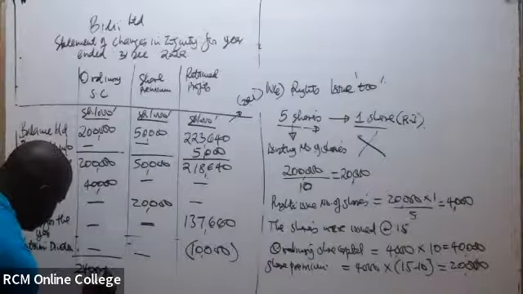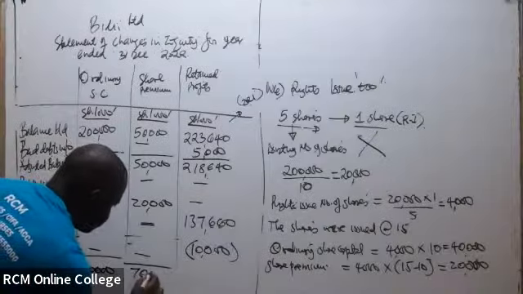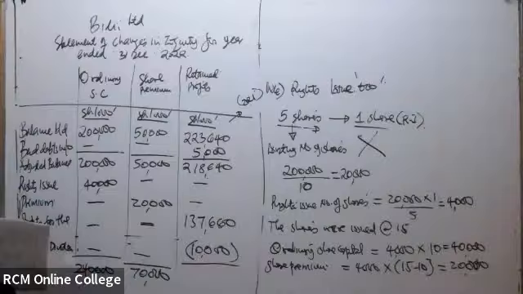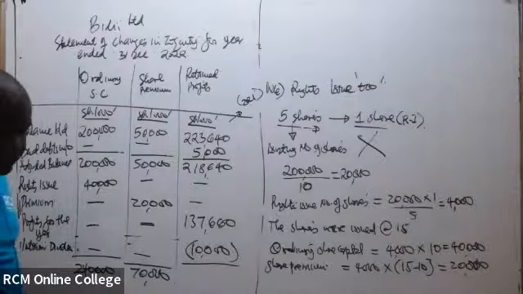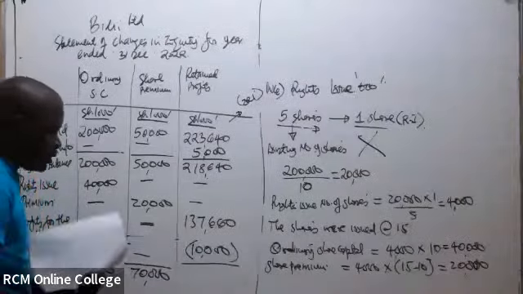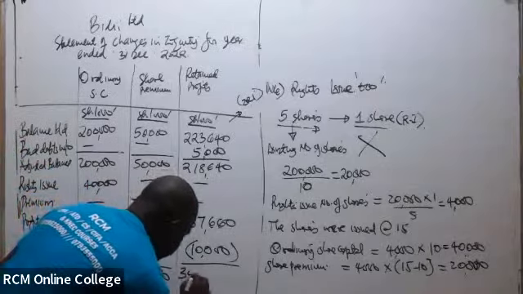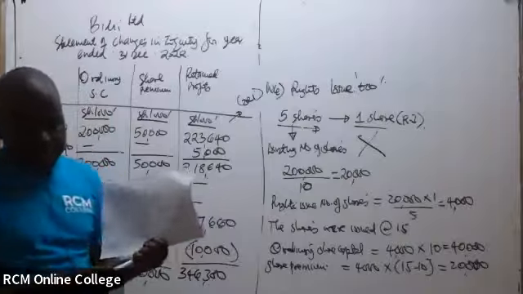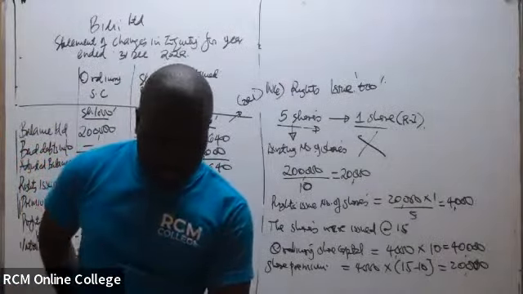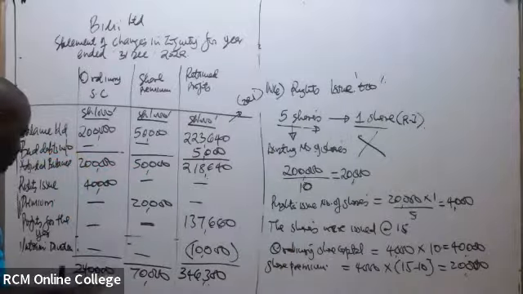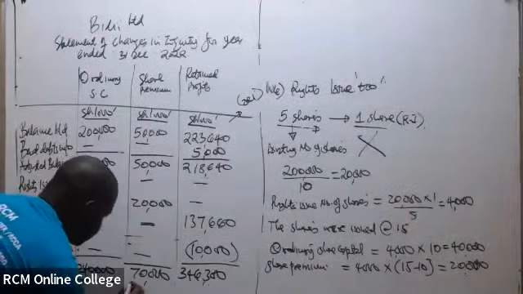Then of course, in this case, we can get our totals. This one is 240 million. This one is 70 million. Then this one will become 346,300. If you minus the 10 also, 346,300. I think it will be like that. So that's how you'll end up coming up with